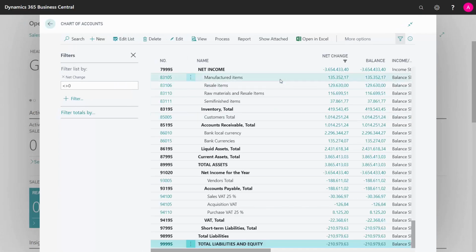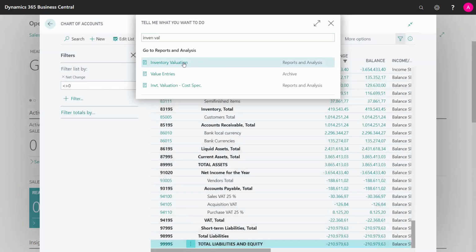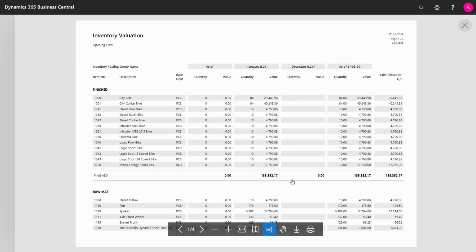So here I can see all my different balances, and I'll start by reconciling my items in my inventory value list on that opening date. And I can preview that, and I can see finished goods at 35,000, my raw materials in here having 116,000, my resale